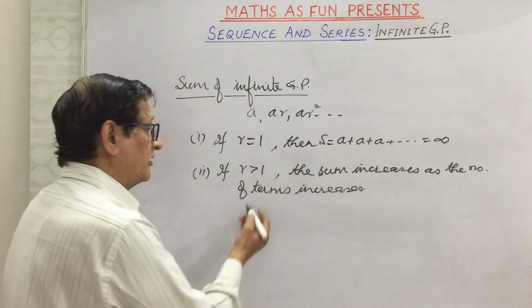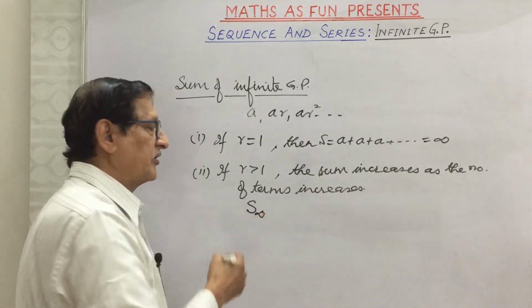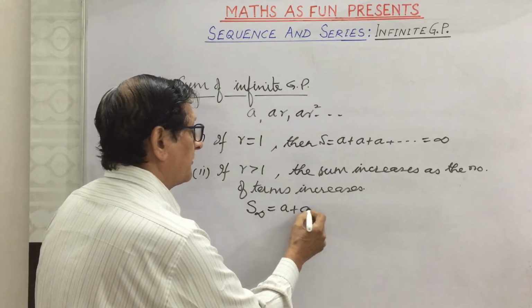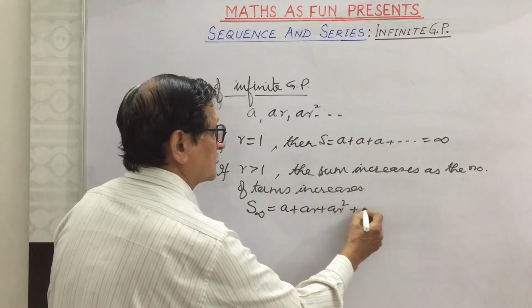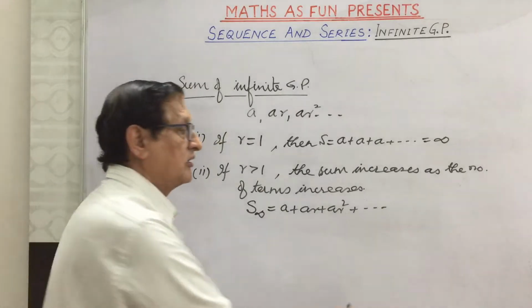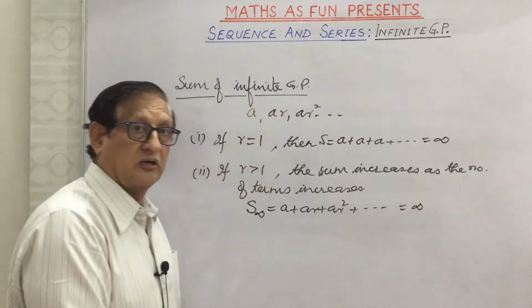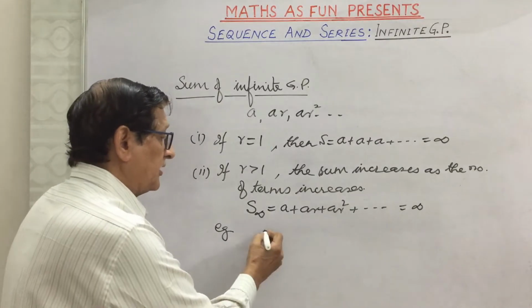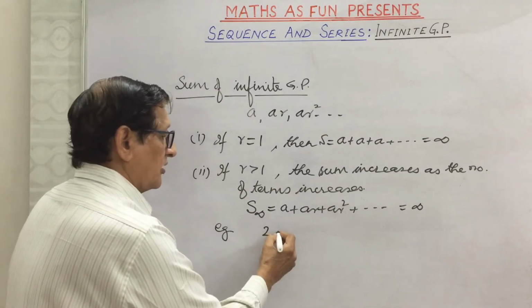Here also, in case we want to find the sum of infinite terms of the GP, a plus ar plus ar square and so on, we go up to infinity, that will also be infinity. For example, suppose we have the GP as 2, 8,